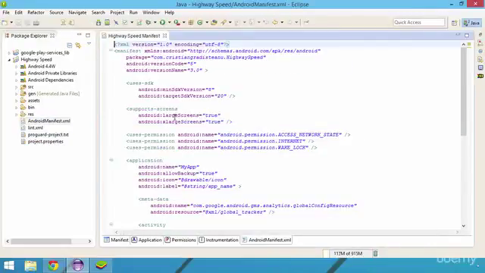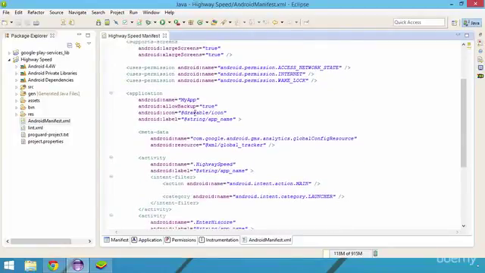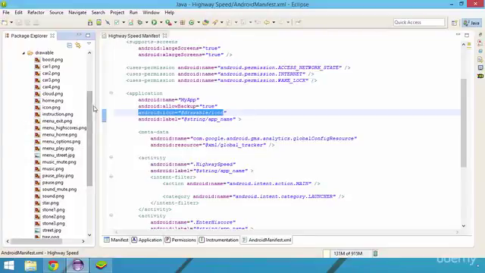Scrolling down through the file, we can find a line saying android:icon. This line indicates where the file containing our icon is located. In this case, we can see that the file is located inside the drawable folder and is called icon. Let's browse to that folder. The drawable folder is located inside the resources folder, and this contains